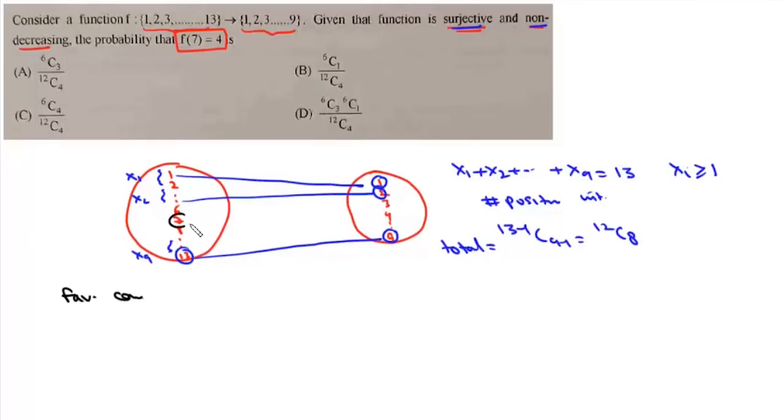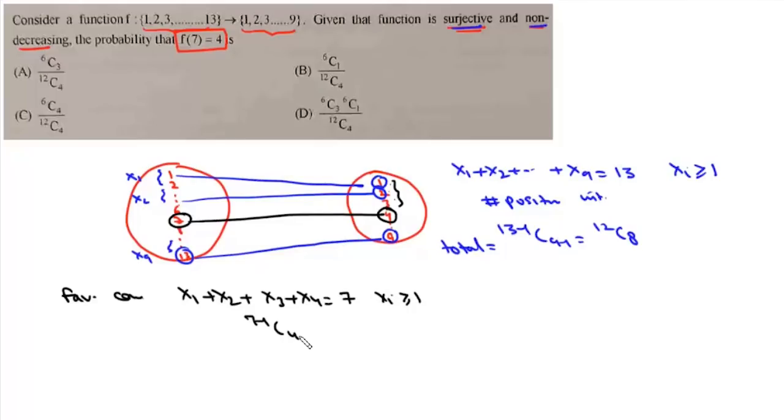Now in the favorable case, we have this 7 which is mapped to 4. Now if 7 is mapped to 4, then in how many ways can we define this function? So for these first 4 elements we can write x1 plus x2 plus x3 plus x4 equal to 7, where each xi is greater than or equal to 1. Now the number of positive integral solutions in this case will be 7 minus 1 C 4 minus 1, and that will be 6C3, and again from 4 to 9 we can write